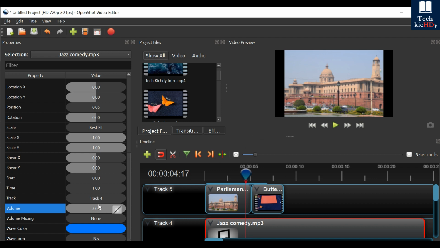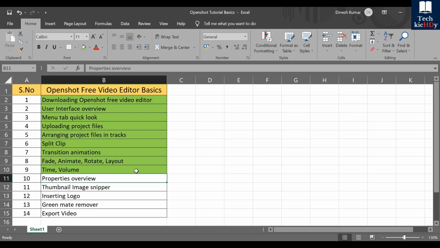Okay, so let me go back to 1. Well, it's a background music. Let's not make it very loud, but especially the voiceovers, you need this function. Okay, so that's it with the basic properties which you should be aware of. So I'll make it in green color, and the 11th one is a very simple option,